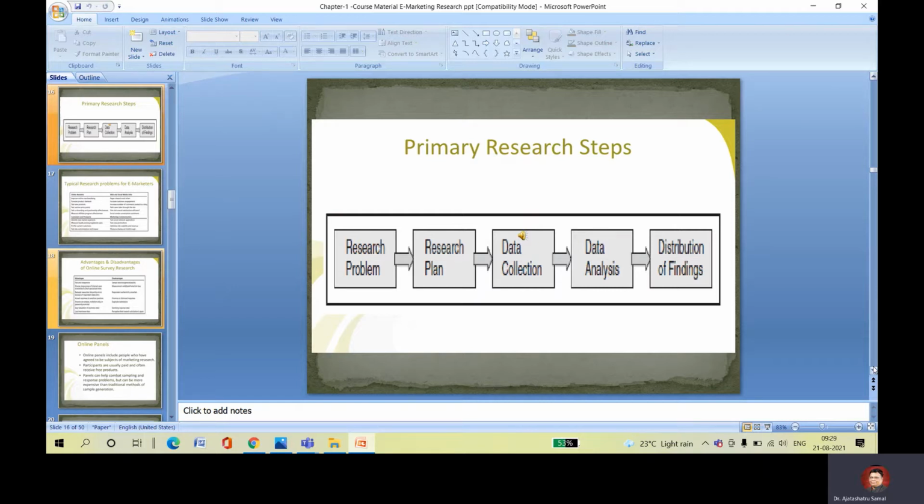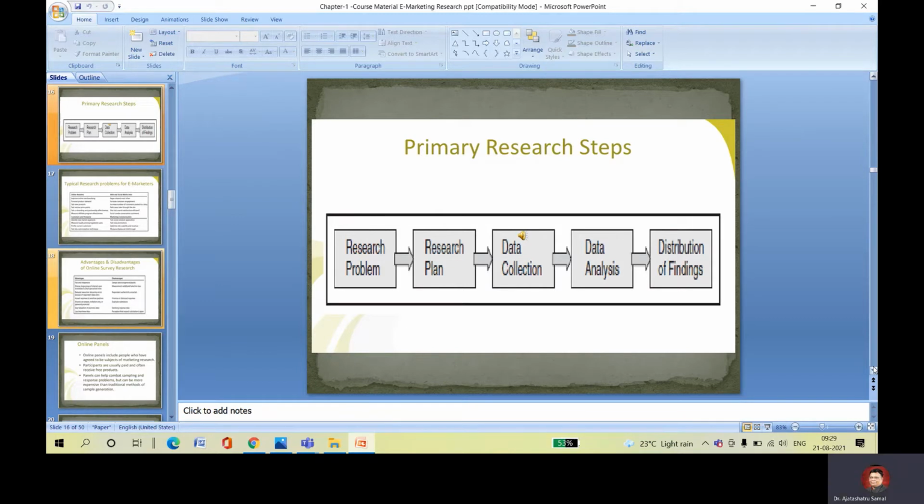Okay, so next is called data collection. You already know there are two types of data collection: one is called primary data and the other secondary data. So we need to see how data can be collected and which can be useful. You require the correct data for your requirements. So what are the different data we can collect?